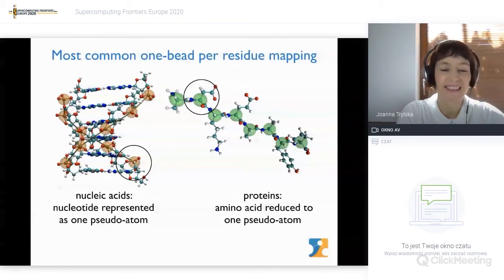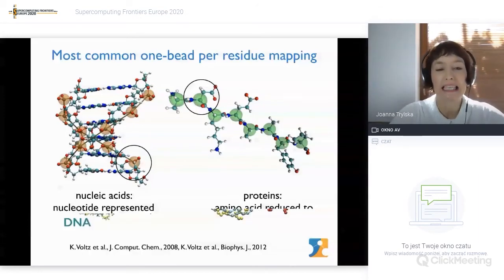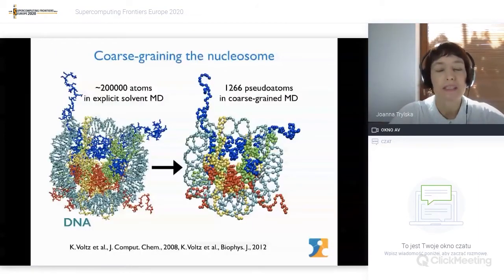There is a payoff because, for example, if we take a system in explicit solvent of 200,000 atoms and we coarse grain it with one bead mapping, we lower the number of atoms, the degrees of freedom, by 3 orders of magnitude. However, there is of course a price to pay. We can simulate this system with a smaller representation for a longer time scale, but the price is that